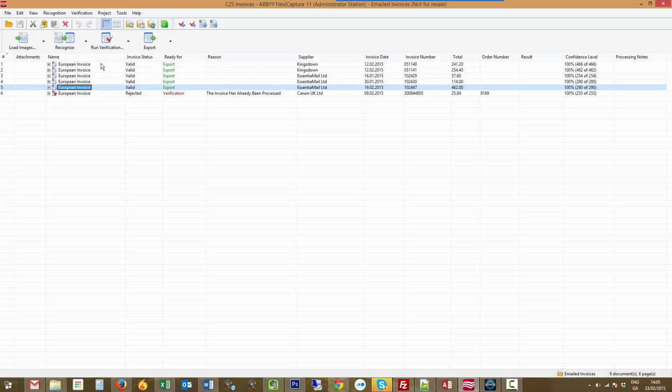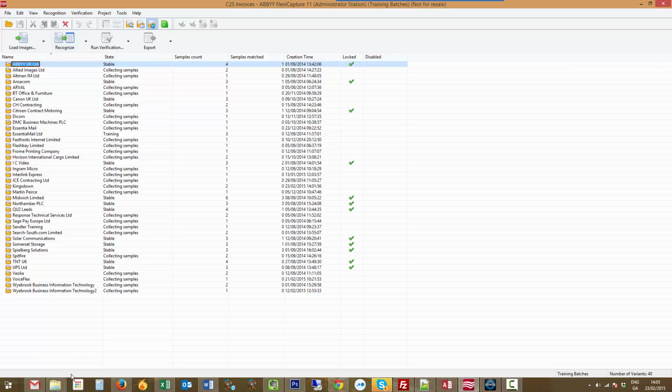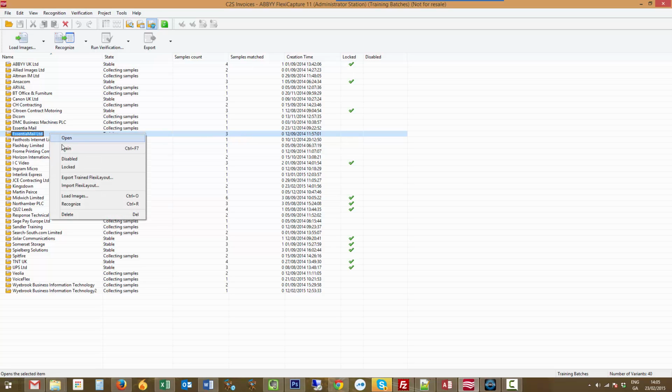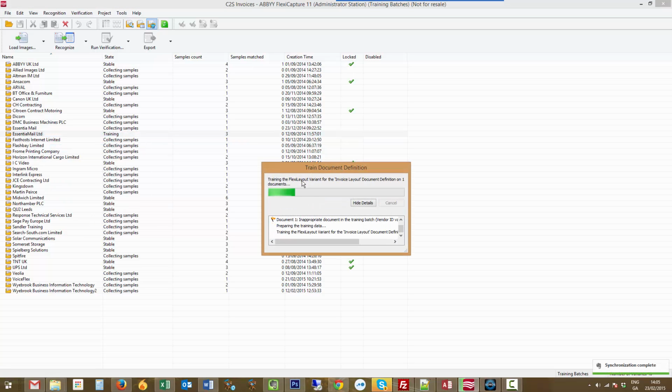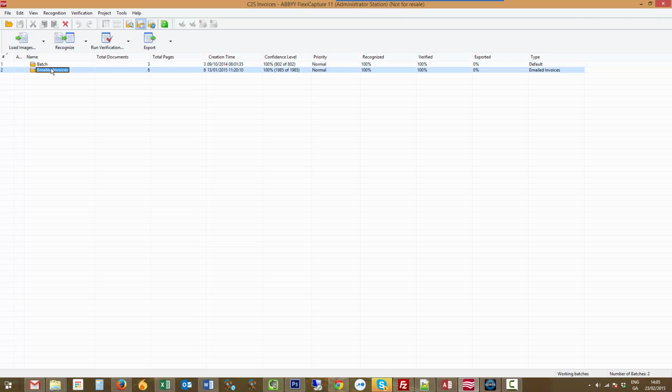Now if I go and look behind the scenes and show you the training batches, these are all the suppliers I've seen before. So if I go into Essential Mail, I've got 3 copies of that one, so I can right click and train that, and the next time I see an Essential Mail invoice, it will pick up that narrative, it will pick up any other changes that I've made, which is quite nice. So if I go back to working batches,